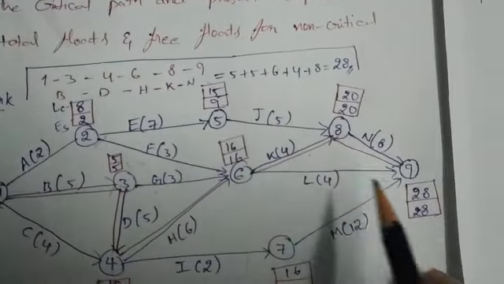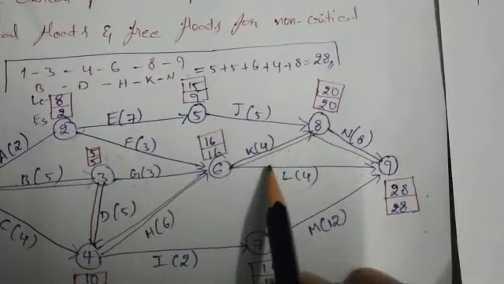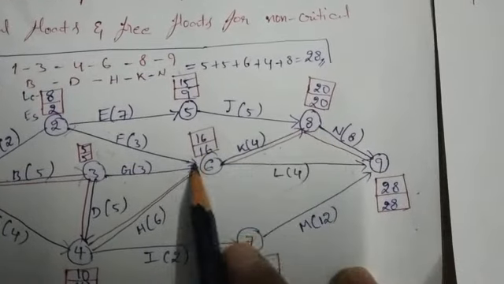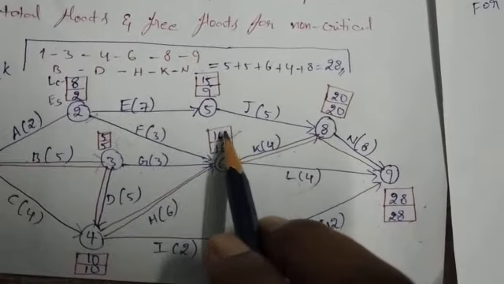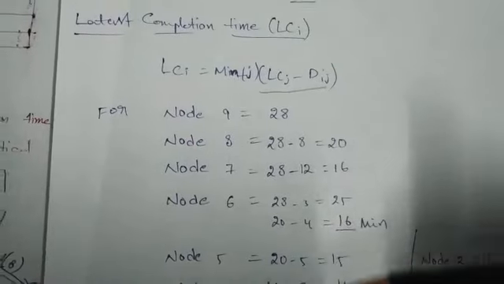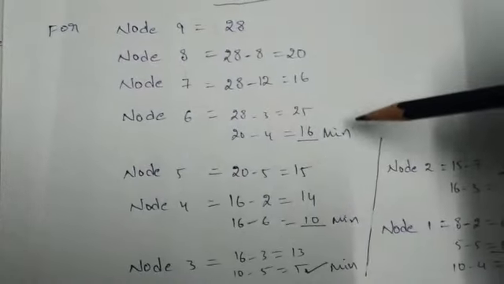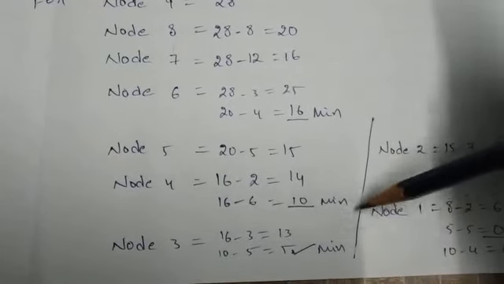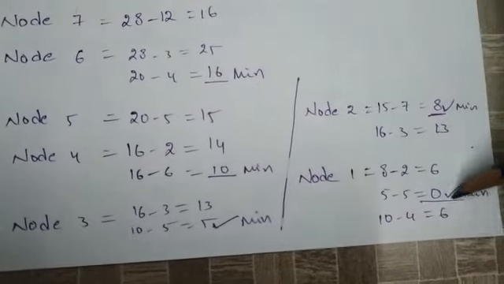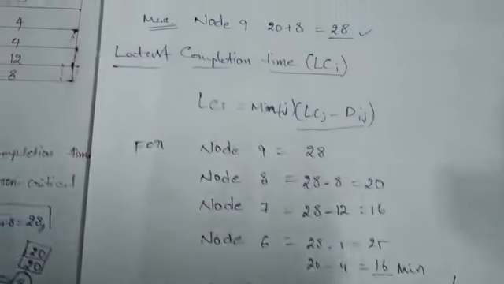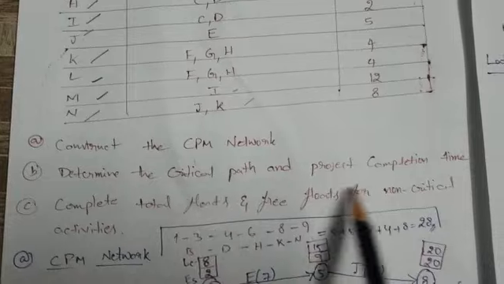So here check it, 6th node, 28 minus 4 and 20 minus 4. So 20 minus 4 is 16, 28 minus 4 is 24. So we consider 16 as the minimum value. The same procedure is applicable for all the nodes using this formula. Which is the minimum value you have to consider? So 16, 10, 5 and 8, and the last final one is 0. So this is the earliest and latest time to completion for the second problem. In that second problem, part B, it will be completed.